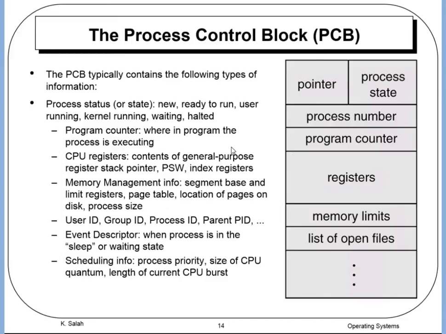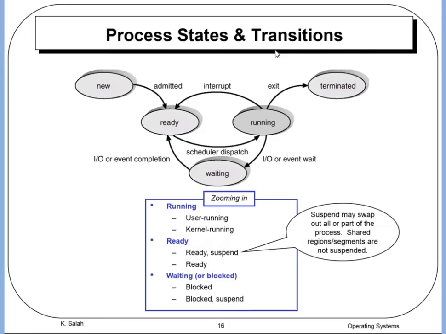So a PCB is a data structure that contains information about the context or the operational state of the process. The process could be running, could be waiting, could be ready to run. So that takes us to the process transition states,